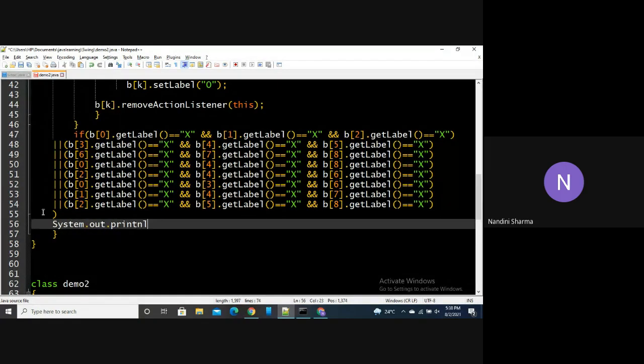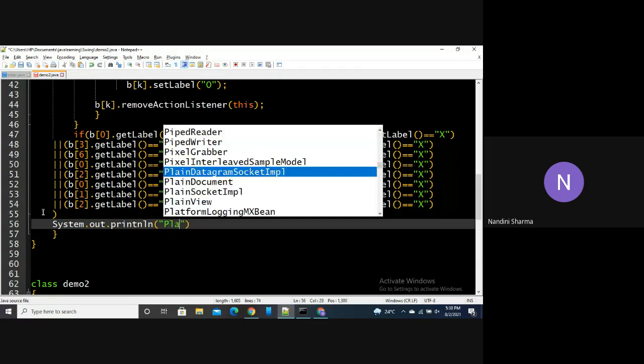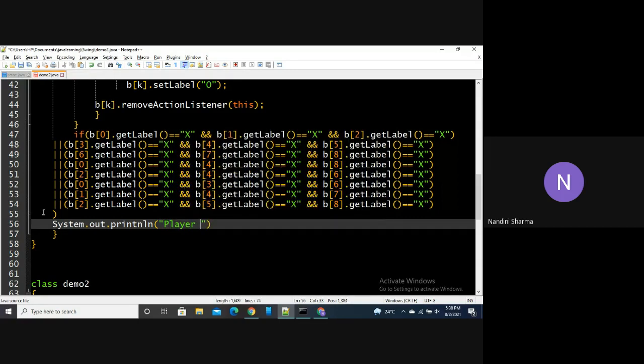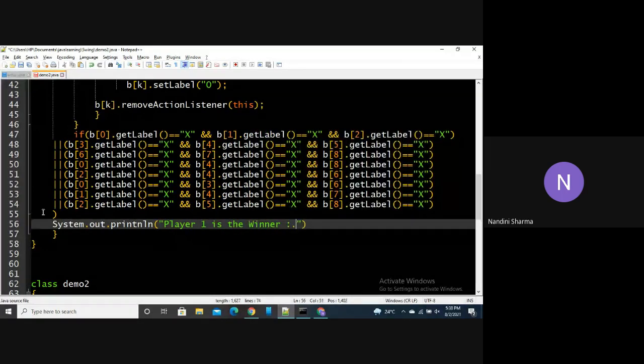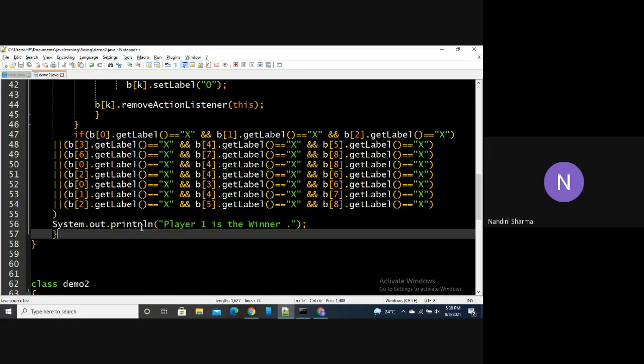We want to print that player one is the winner. This was all about our if condition for the first.